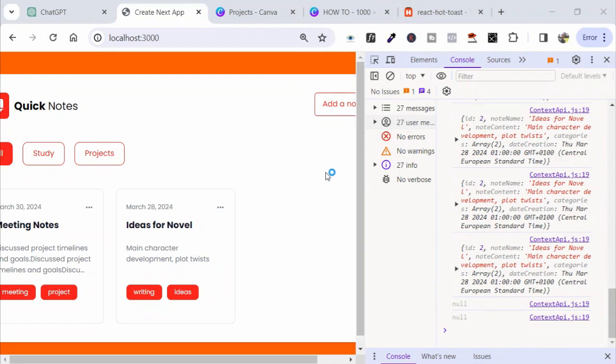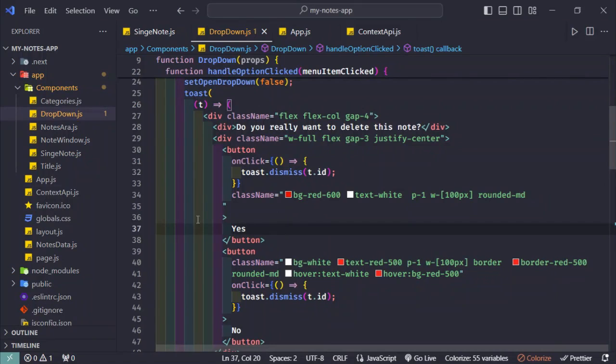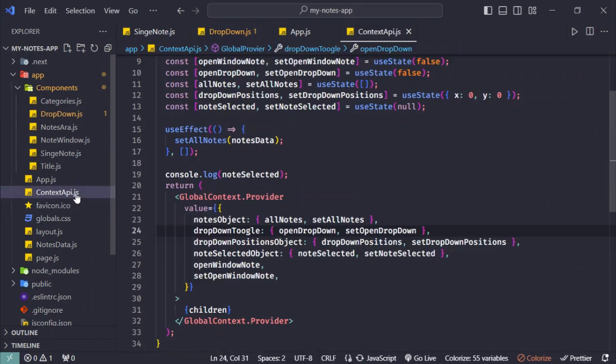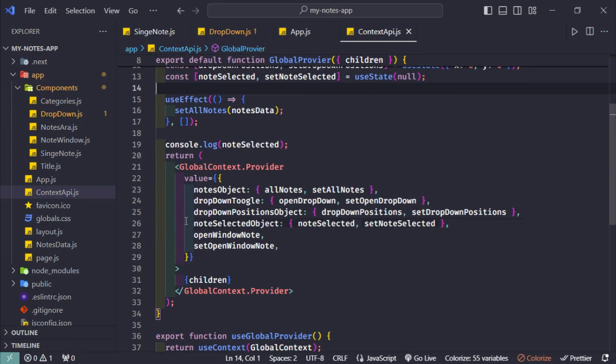So let's go back to our Visual Studio Code. I'm going to show you how I created this logic. Again, in our context API, I created this new variable. I called it nodes selected. This is where I'm going to store the node that we select when we click on the three dots, and make sure to add them like this